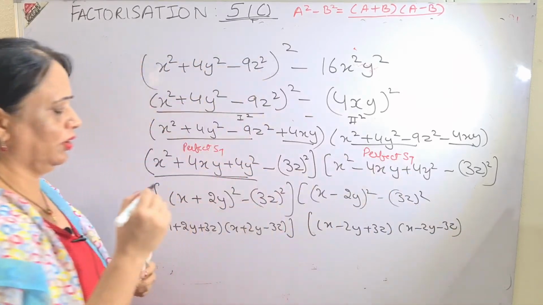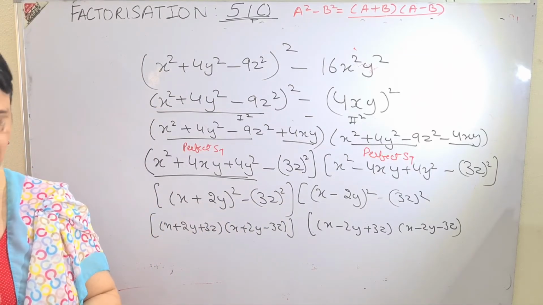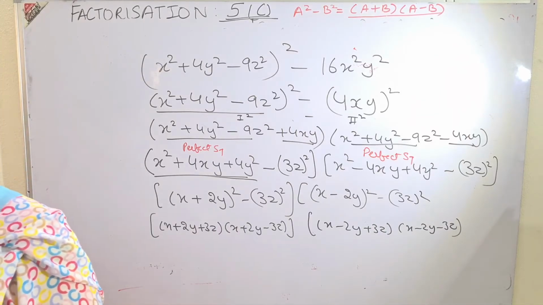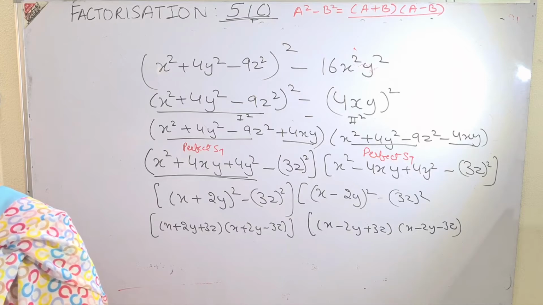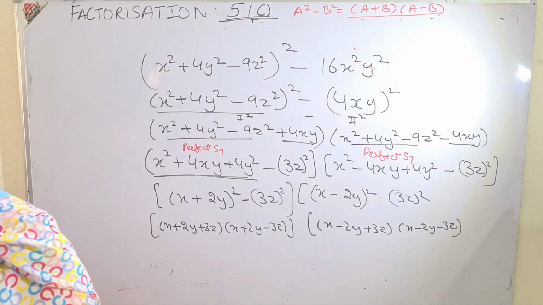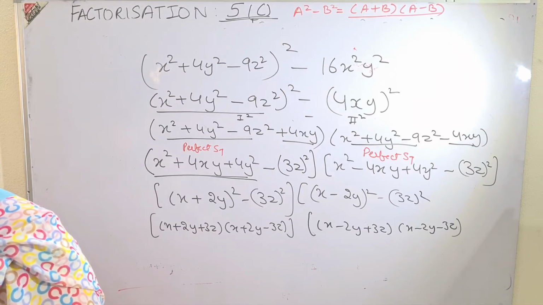So see how long the question goes and the concept remains the same. Only if you understand the concept will you be able to do it. And the concept is very simple: you have to get it in the formula a square minus b square, and the questions are in your hands. Then come to question number 25.